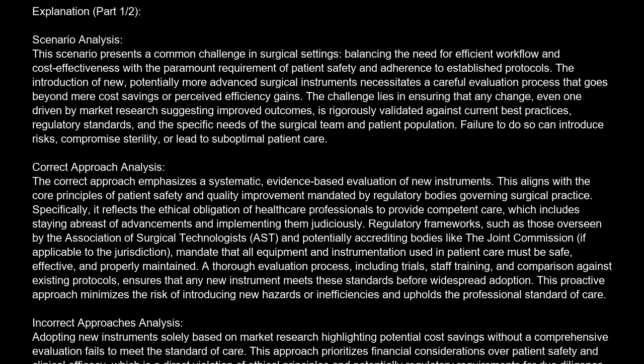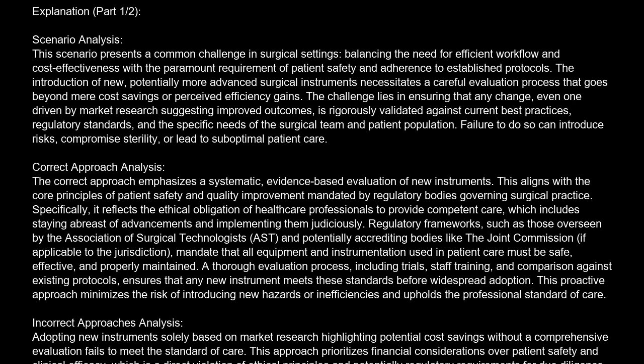Explanation. Scenario analysis. This scenario presents a common challenge in surgical settings, balancing the need for efficient workflow and cost-effectiveness with the paramount requirement of patient safety and adherence to established protocols. The introduction of new, potentially more advanced surgical instruments necessitates a careful evaluation process that goes beyond mere cost savings